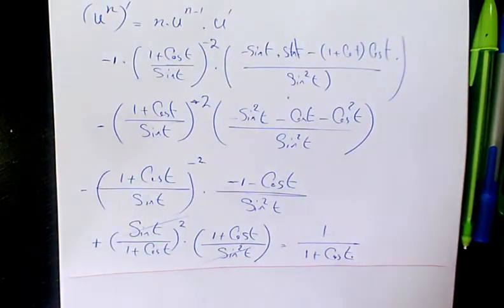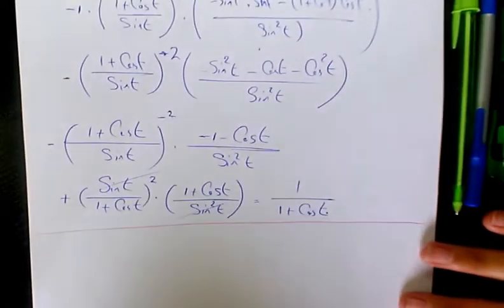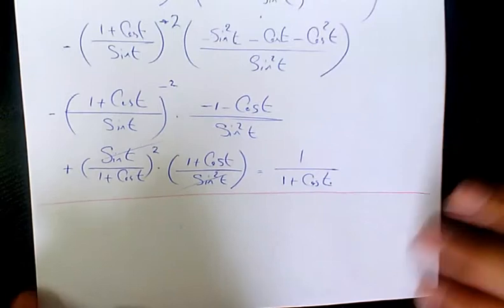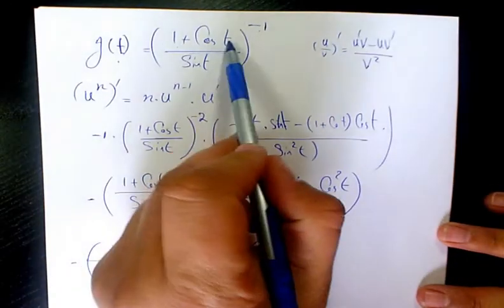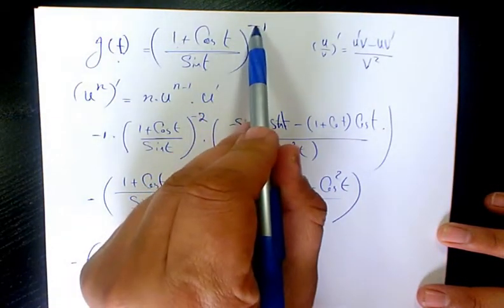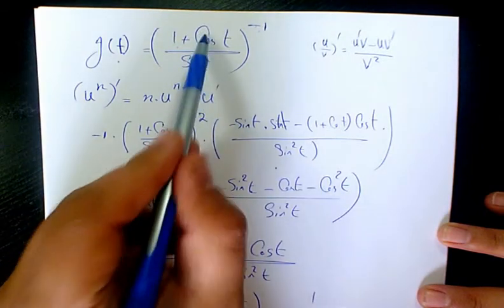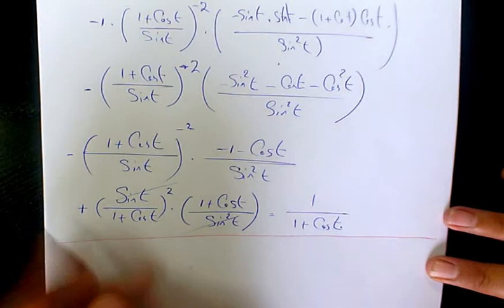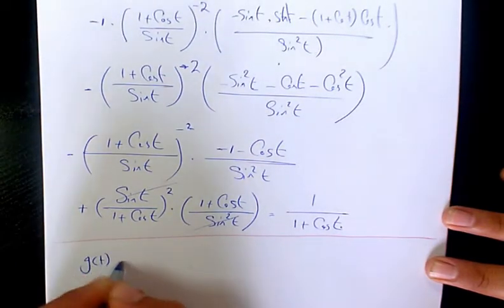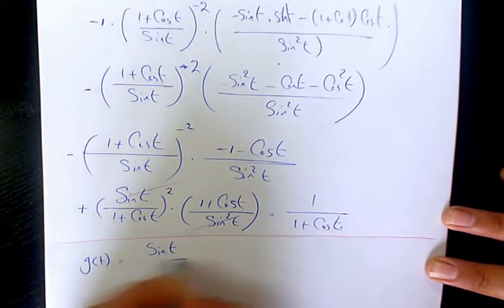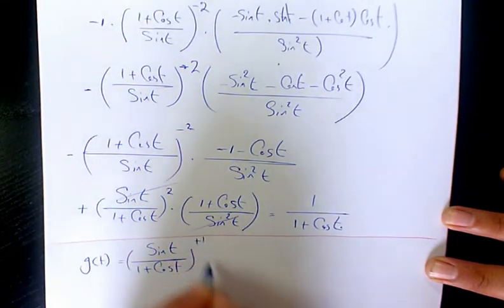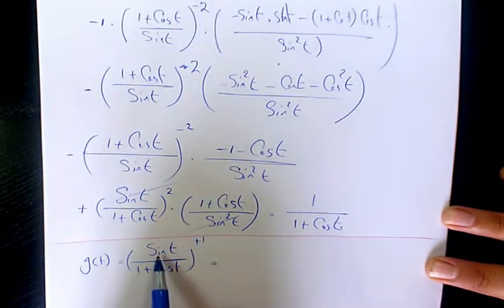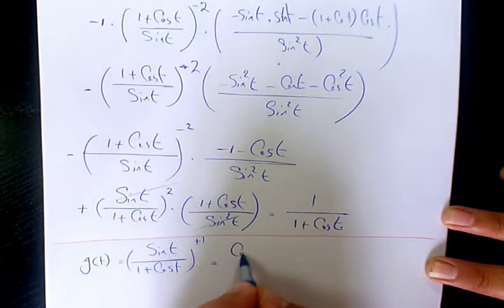You must get the same answer. If we don't, it means that there is something wrong. So we had (1 plus cosine t over sine t) to the power of negative 1. If I flip the numerator and denominator, that's going to be plus then. So I'm going to say g of t equals sine t over 1 plus cosine t to the power of positive 1. So that's going to be the derivative of sine t, which is cosine t, times 1 plus cosine